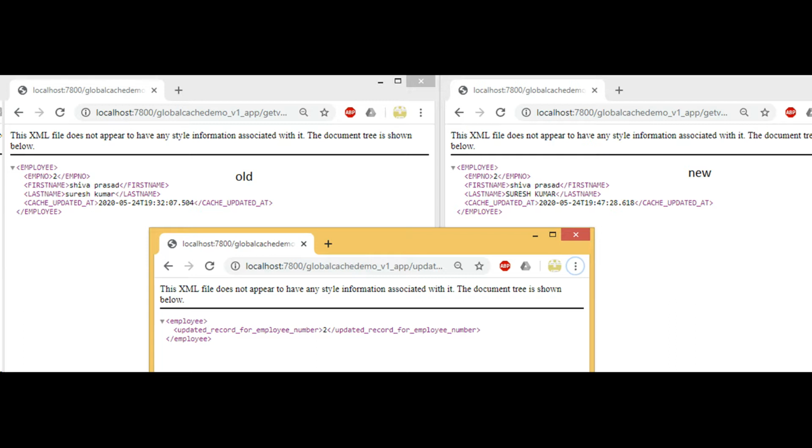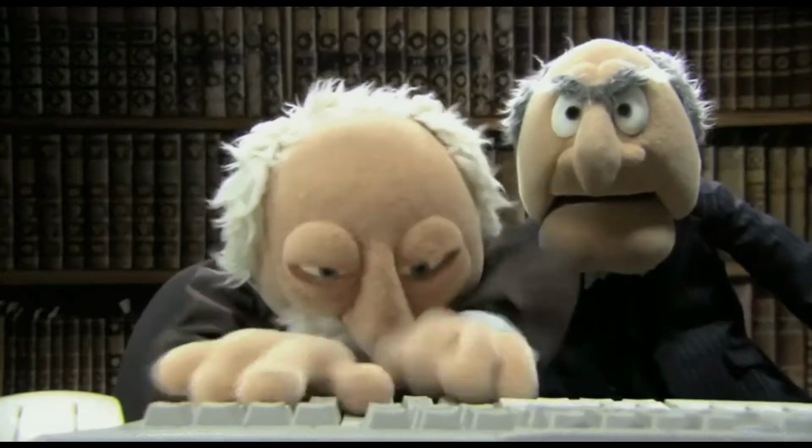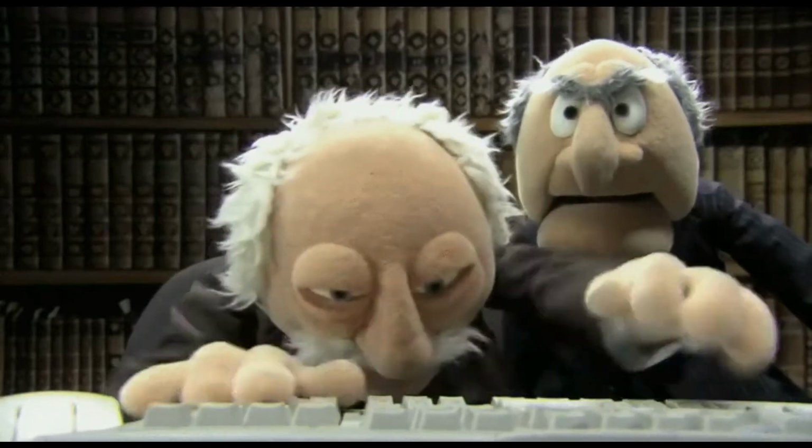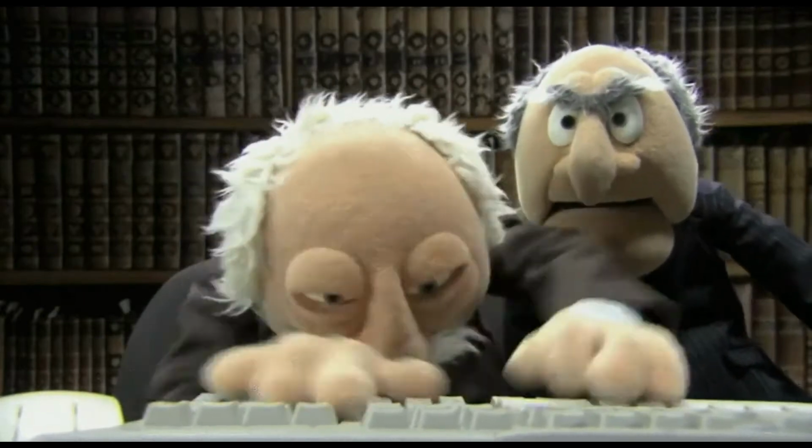Where can you use this feature? My guess would be when you have thousands of records in table and you don't want to do a full refresh. That's the first. And second, when you want to apply a temporary change, such as changing timeout period for a target system HTTP call from 10 seconds to 30 seconds. Let me know in comments if you can think of any other use case.